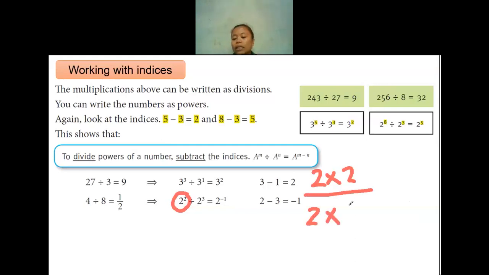It means there are 3 numbers of 2. After that, we can do cancelling out. We can cancel 2 with 2, another 2, another 2. So the leftover will be 1, since all of the numbers are cancelled, and then the leftover here is 2. So 2 to the power of negative 1 is 1 per 2. Is it clear enough, or is there anyone having any question?